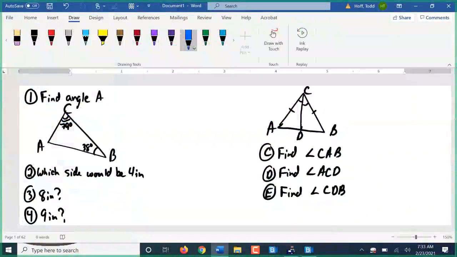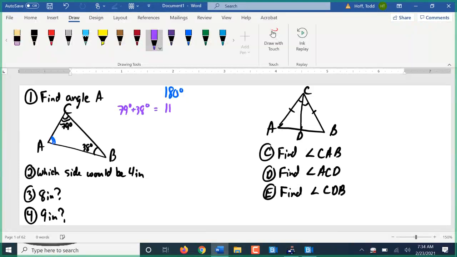This one, or these, I should say. For number one, we're asked to find angle A, this missing angle here. And of course, since this is a triangle, it just means all three of those angles have to add up to 180 degrees. So first thing we're going to do is add the 79 and the 38,